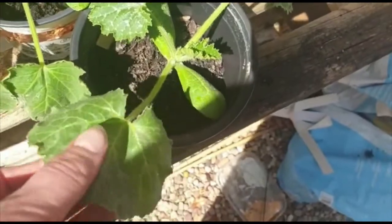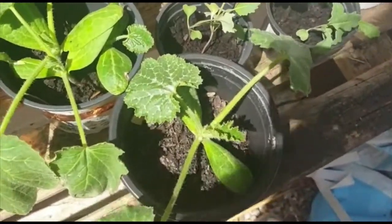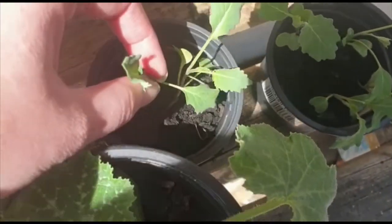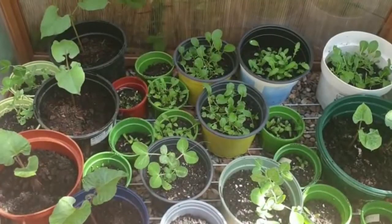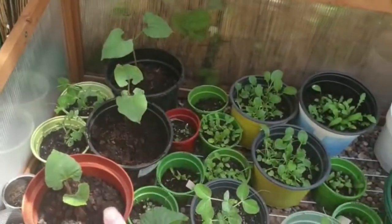And I'm going to be using some wire mesh for these to grow up when they're eventually planted out. Here we have some broccolis. These are going to be purple sprouting broccoli. They're growing really well. In the cold frame, we have some runner beans in here, which have come from the